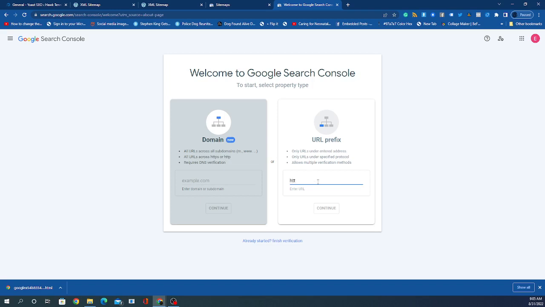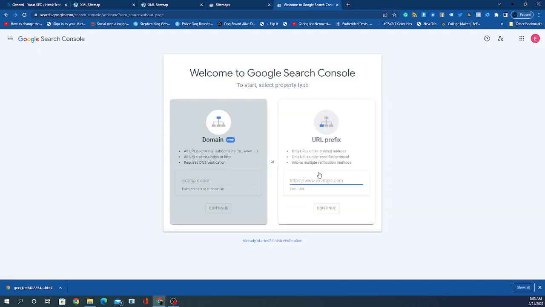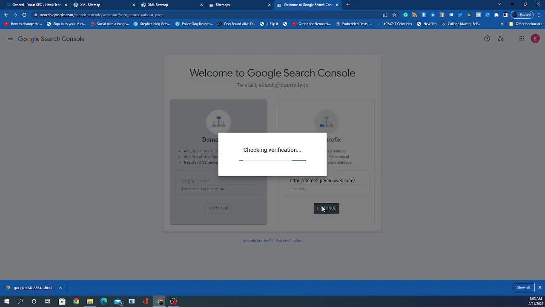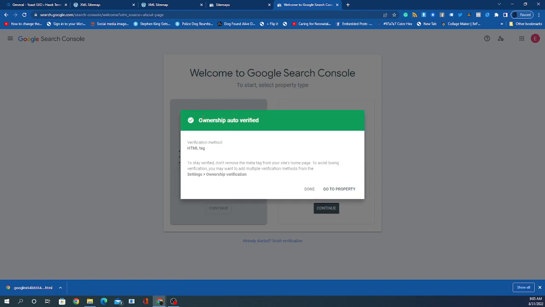Let's type in the URL of your WordPress website. So in our case, for the demo store, it's this. We're going to paste this here. We're going to hit continue. Now Google is going to prompt another screen, and as you can see, the ownership was auto-verified. Sometimes this will happen where your ownership is auto-verified. If it doesn't,